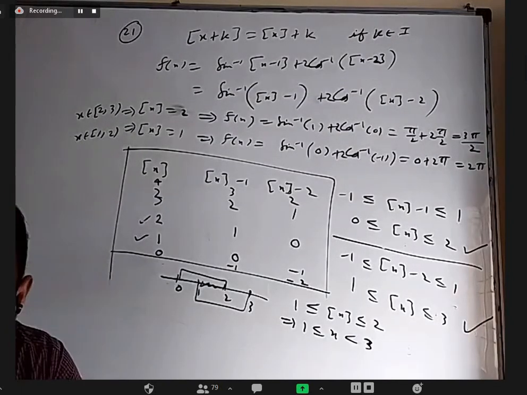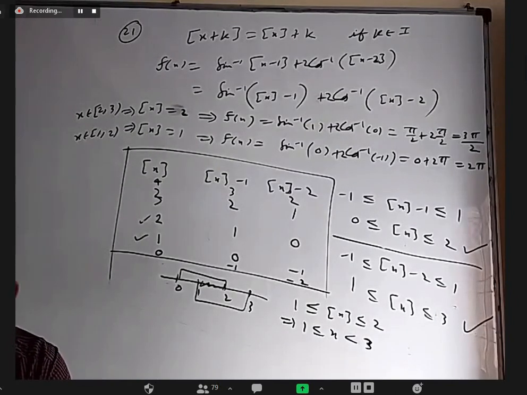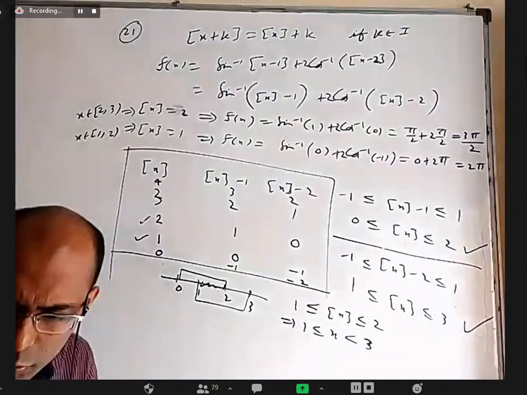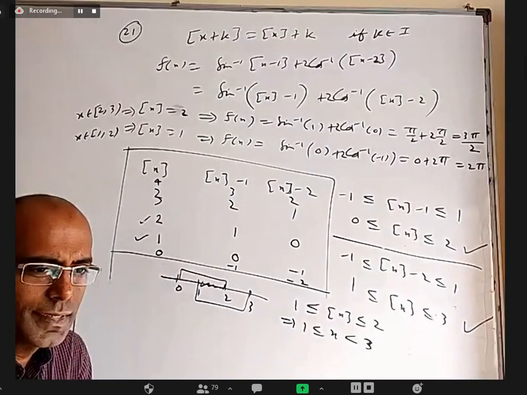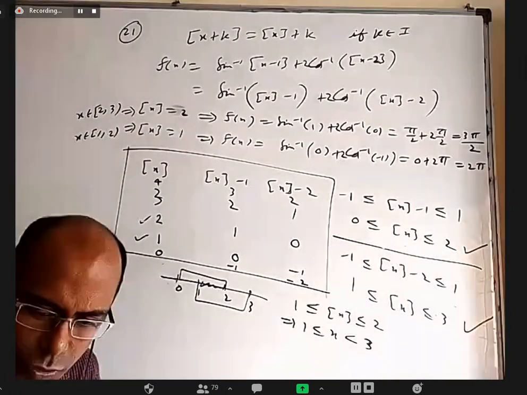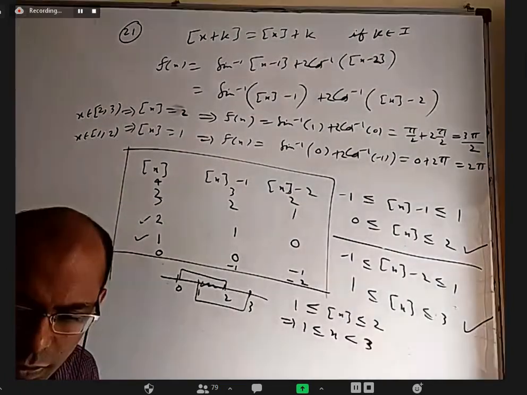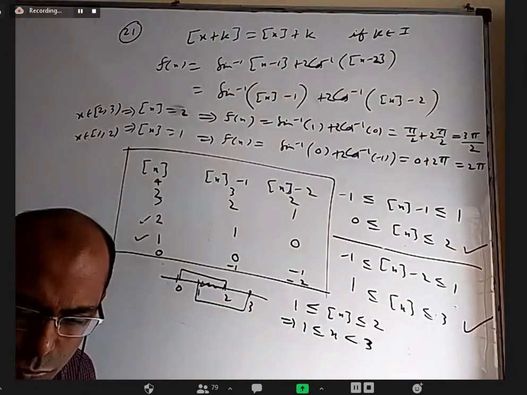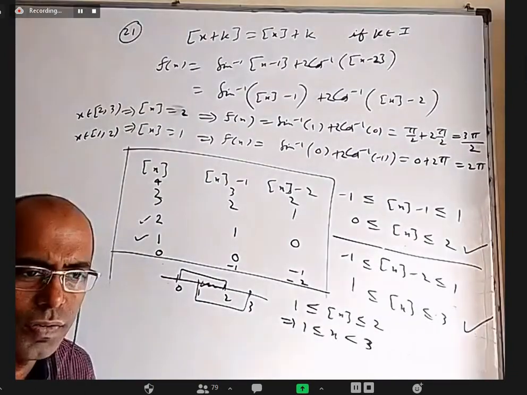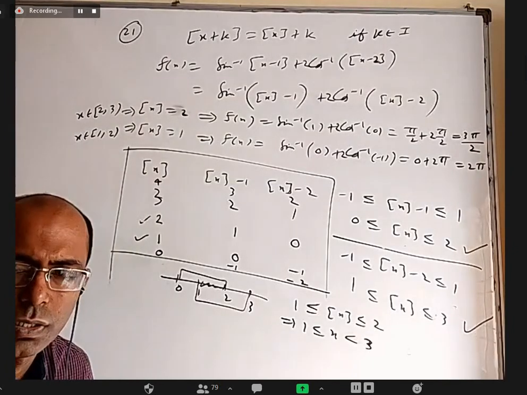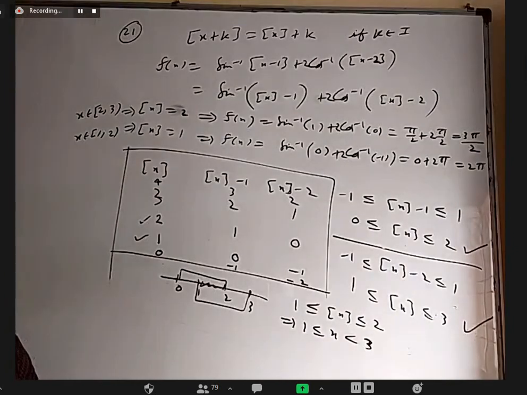Okay, so I think it will become late if I discuss 23 and 25. So we'll do one thing today evening at 4 o'clock when I start the class. First, I'll discuss 23 and 25. Then I'll discuss all the even number doubts. You can do 22 and 24 based on the method of differences that we discussed already. We've done 2 or 3 questions. Okay, thank you. Yes, sir.